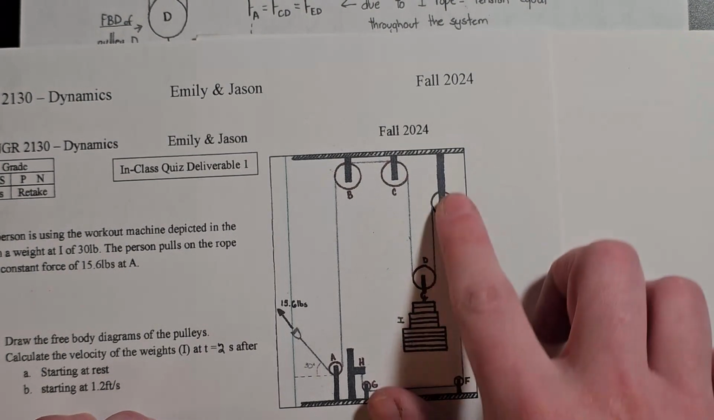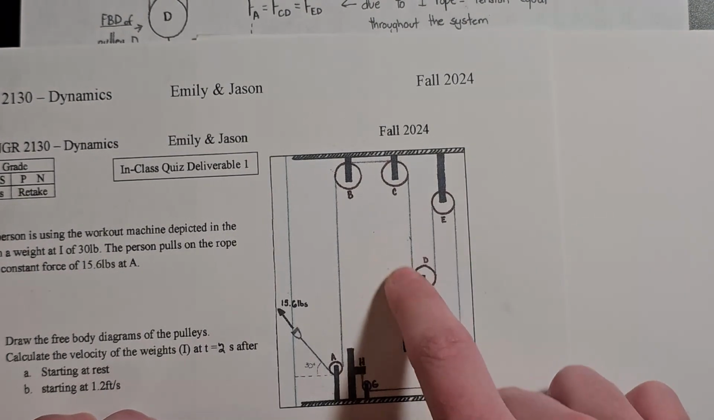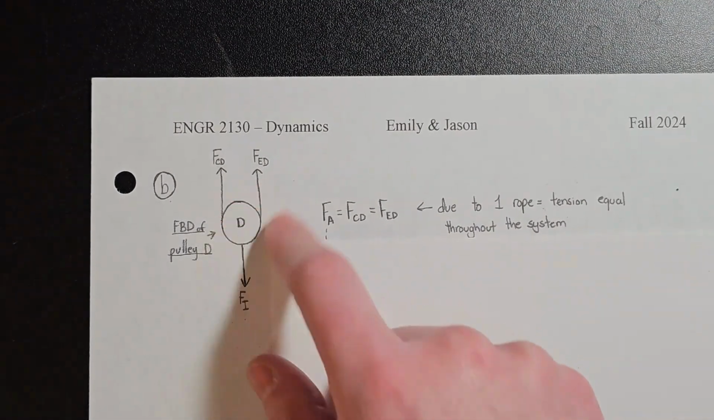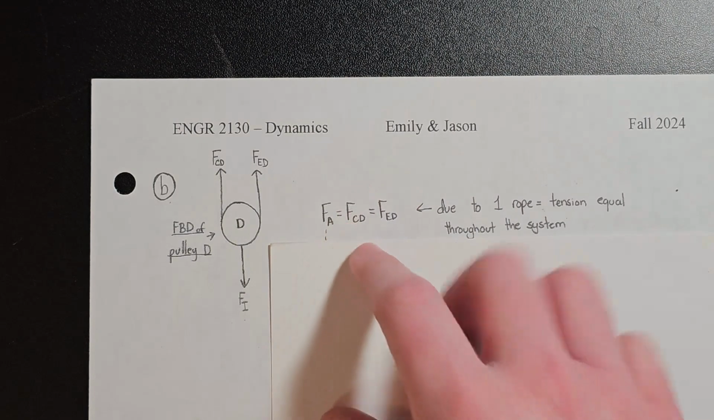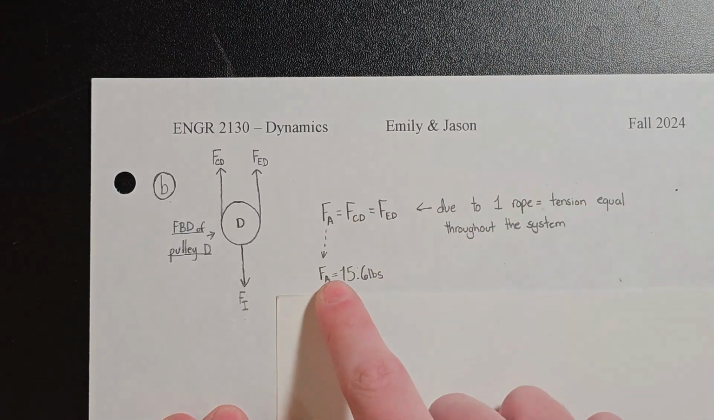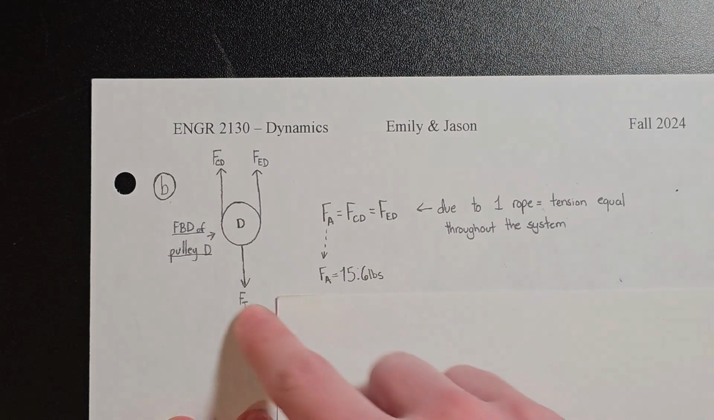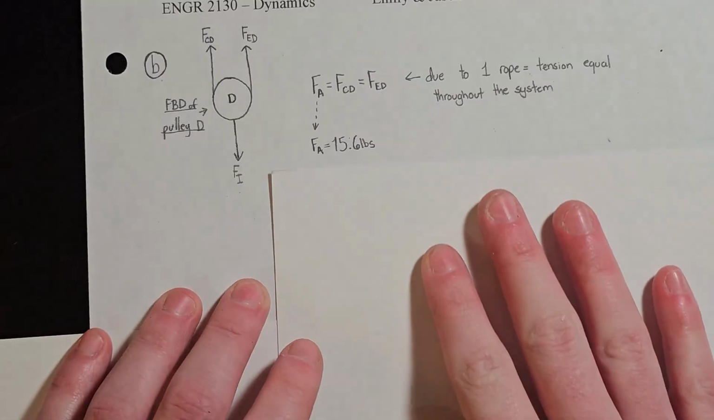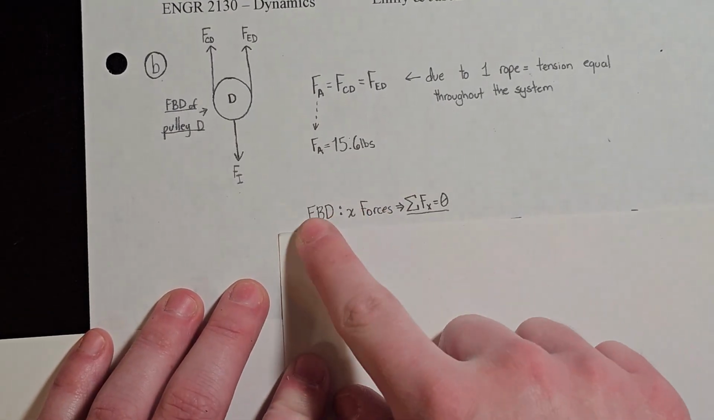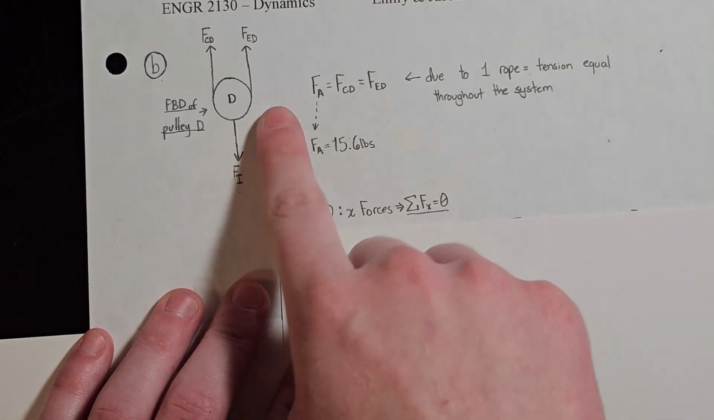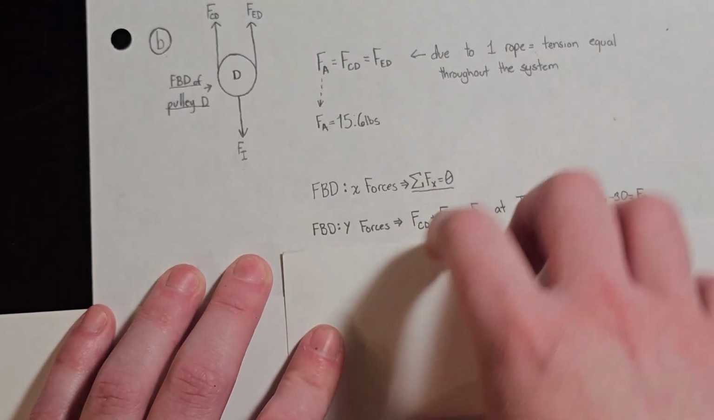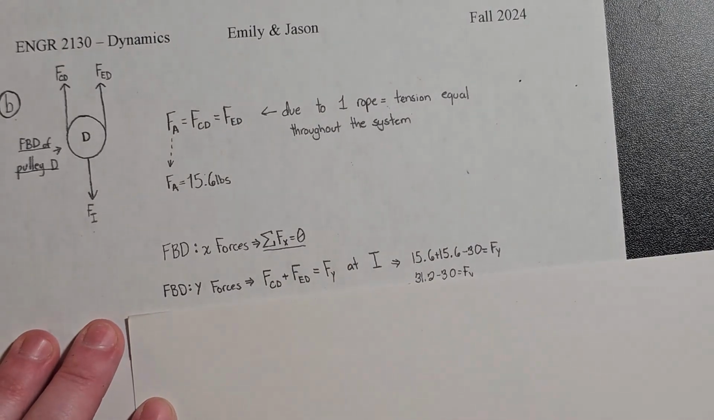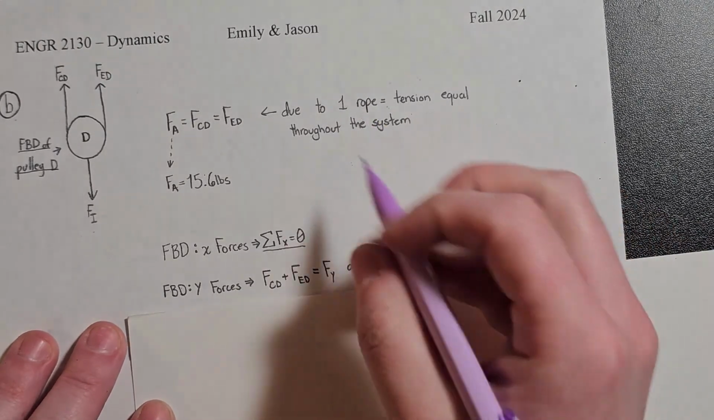Now this is important because it's going to remain the same throughout, so we want to focus on pulley D. That is why we have drawn the free body diagram of pulley D right here. And knowing this, if these are all equal, then since FA is equal to 15.6 pounds, FCD and FED are both equal to 15.6 pounds. So, given that, we're just going to do a quick summation of forces in X. Since there are no X forces, it's equal to 0, and then the sum of forces in the Y direction. Oh, I apologize. There is a mistake on here. So, this is supposed to be